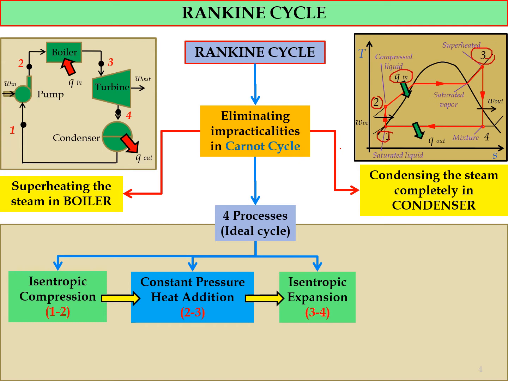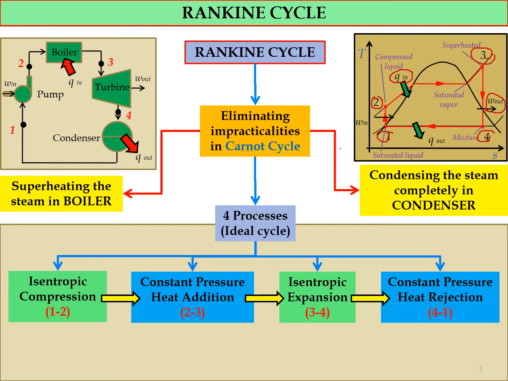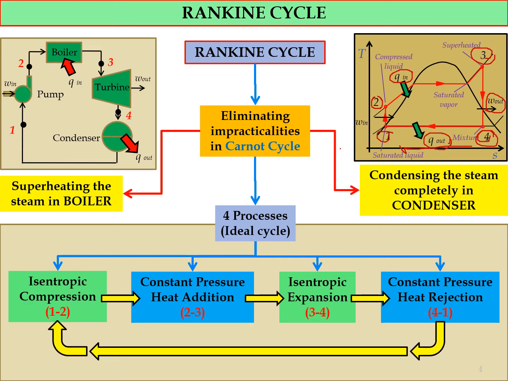And then we have the isentropic expansion process 3 to 4 here, with the work out going into the turbine. And the last one is the constant pressure heat rejection process, from process 4 to process 1, with the heat rejection here. And then the system will be circulating from process 1 to 2 again, and 2 to 3, 3 to 4, and will be circulating all around. So this is the TS diagram, and also the process of the Rankine cycle.